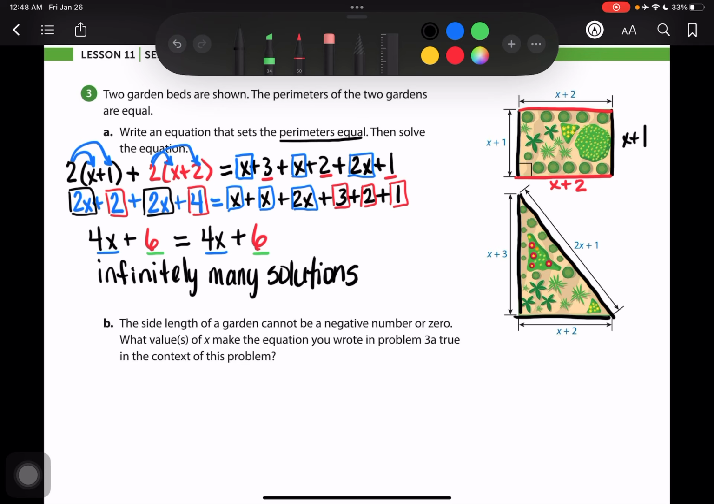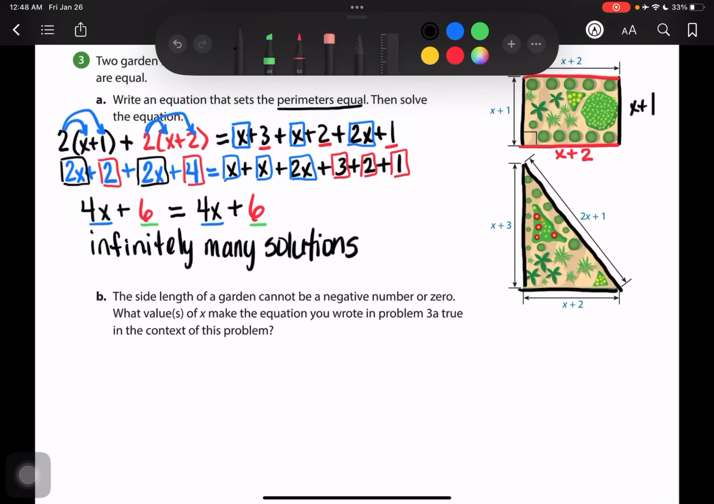But because we're dealing with measurement and side lengths, you've never seen a negative measurement ever, okay? When we're talking about length, this is length and width because we're dealing with rectangles and triangles, okay? So if I'm looking at question 3A, the answer was 4x plus 6 equals 4x plus 6, okay? So x can be any number